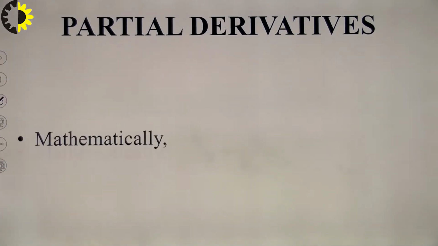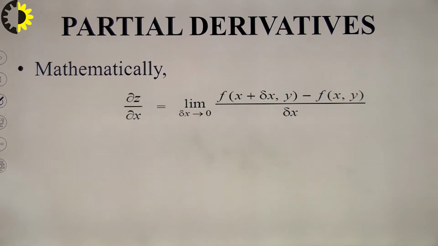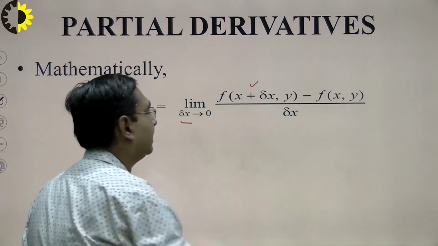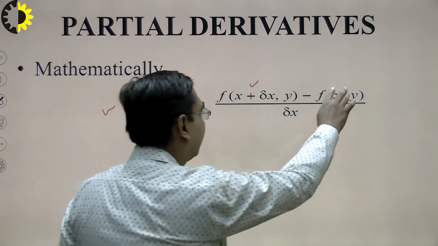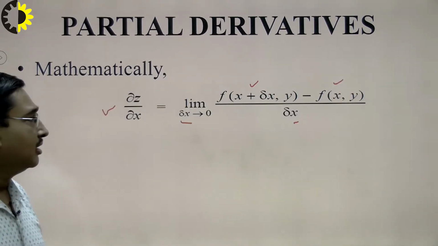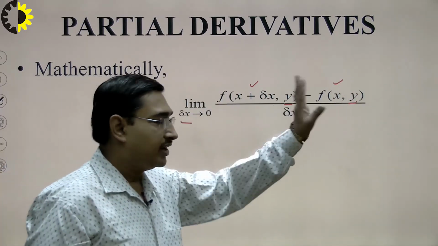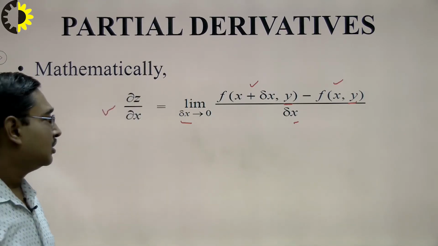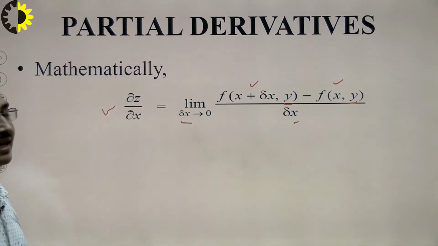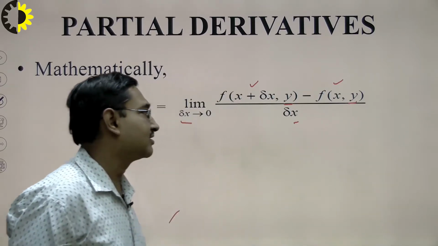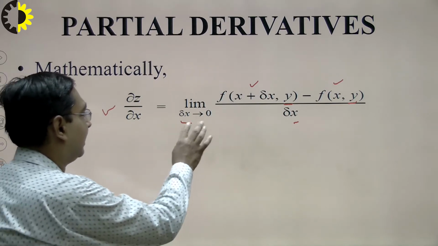Now in terms of limits, del z upon del x can be written as limit delta x approaching 0 of f(x plus delta x, y) minus f(x, y) over delta x. Because y is kept fixed, there is no variation in y; it remains as it is. So the derivative of z as a function of x from first principle, as we have learnt in 10 plus 2, will become f(x plus delta x, y) minus f(x, y) upon delta x,